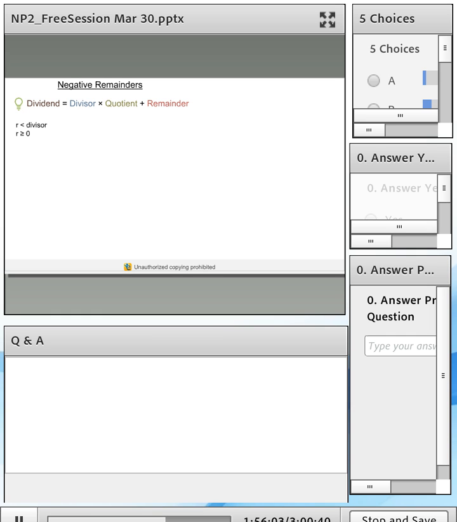Now we'll start off with our same divisibility equation. Okay, now r is always less than the divisor. That's the constraint that we've been working on. And remainder is always greater than or equal to 0. Okay, now the whole point of why we are discussing negative remainders is that we have to make our calculations easy. So the negative remainders concept is applied so that you can simplify the information that has been given to you to find the answer. Okay, so let's do that.